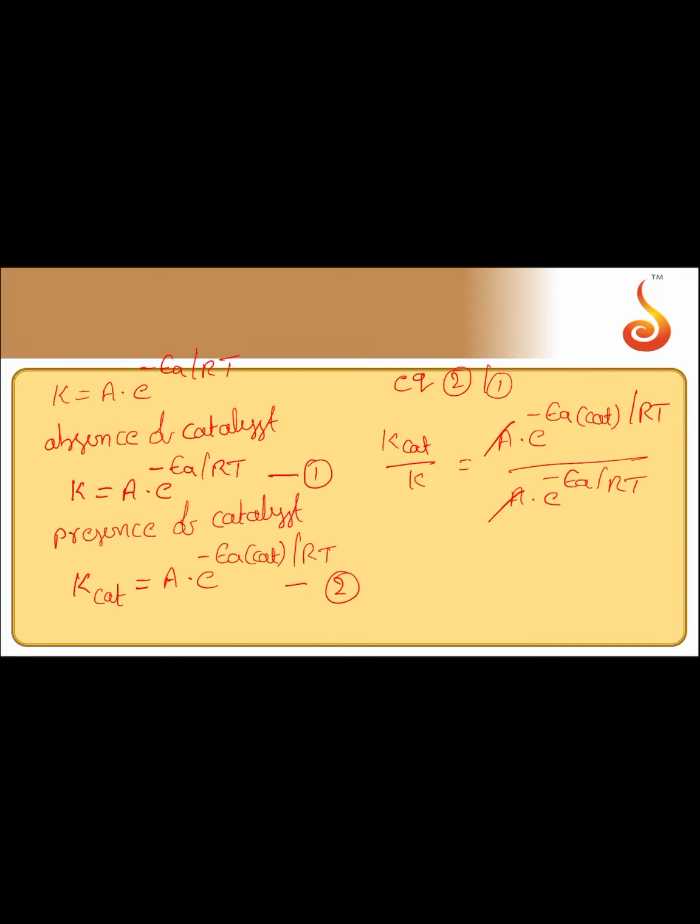A we can cancel here, then k catalyst by k is equal to e power minus Ea catalyst by RT into e power Ea by RT. We can take RT as common here, then k catalyst by k is equal to e power Ea minus Ea catalyst